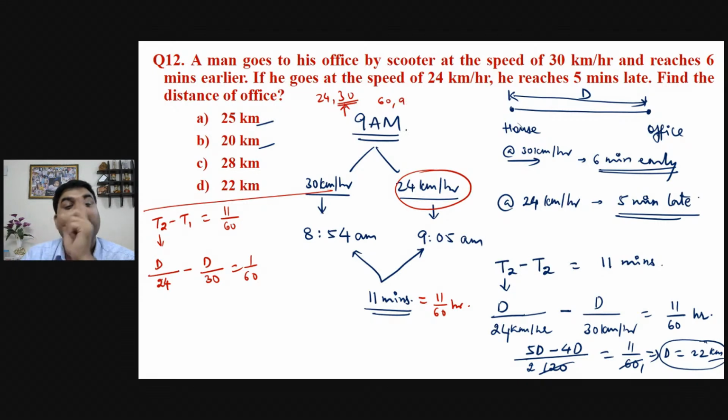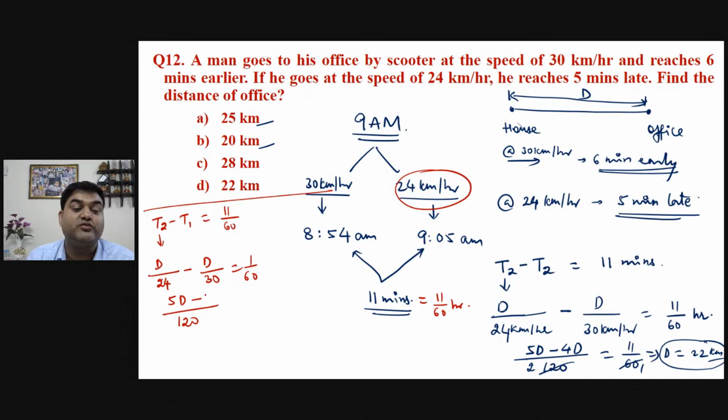So this will become 90. 24 cannot divide 90 perfectly. So 120, it can divide. So 120 is the LCM. Otherwise, use your traditional method, find the factors and take the LCM. So the LCM of 24 and 30 is going to be 120. If you have understood this, it's very good. Otherwise, go to the video wherein I have shown how to find the LCM and HCF of numbers in an easier way, right? So this is going to be 120; 24 five times, so 5d,